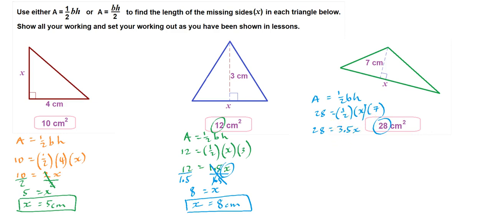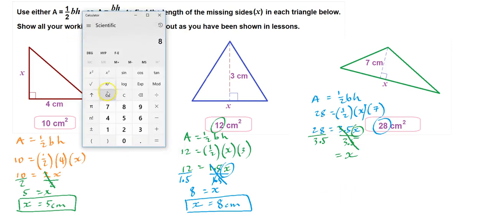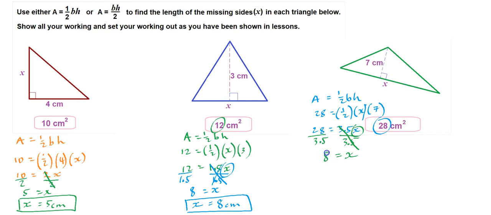Now I've got 3.5 times x, so I do the opposite of timesing by 3.5. I divide by 3.5, and so that cancels out. On the right hand side, I'm left with the x, and on the left hand side, it's 28. So 28 divided by 3.5, and that equals 8. And so x equals 8 centimeters. Okay, so